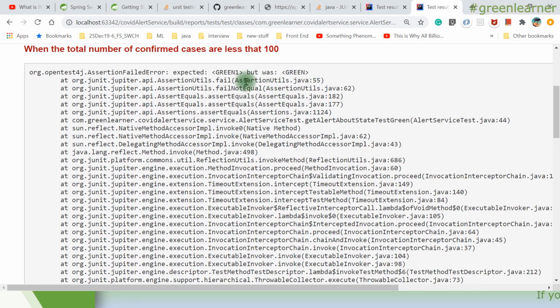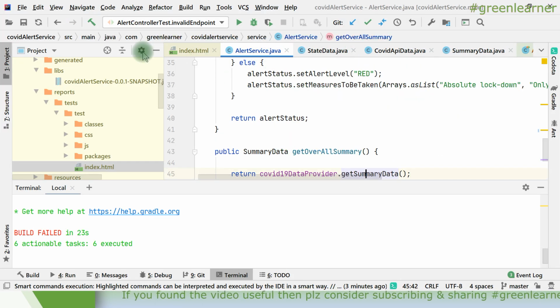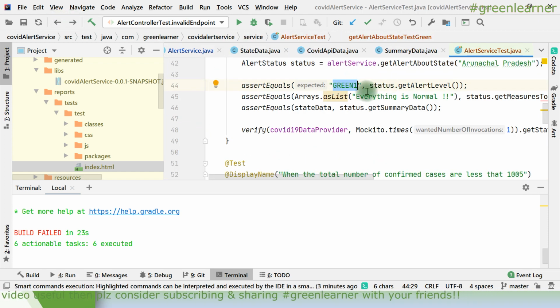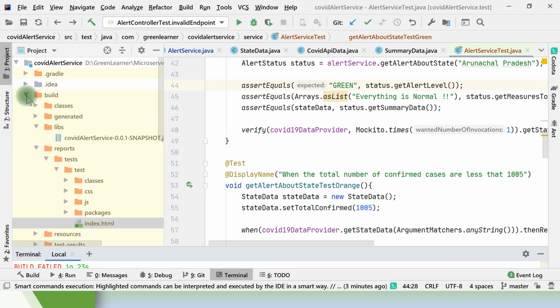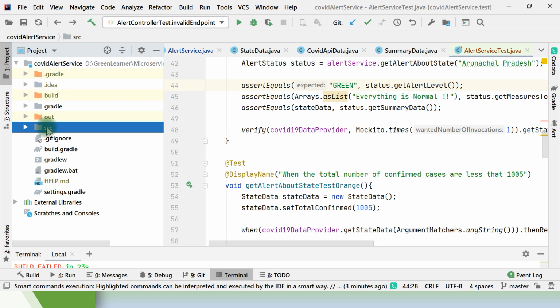This is the failure where the status was green, right? You can see the proper logging here, and you can come again and fix this. So this is how writing tests can be helpful in the maintenance of the service and all those things.